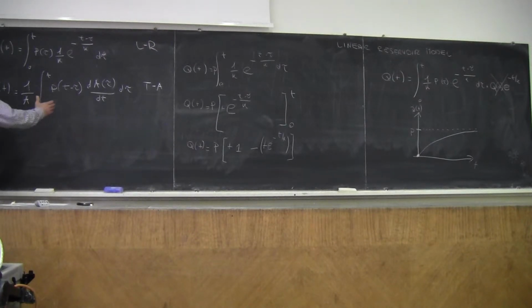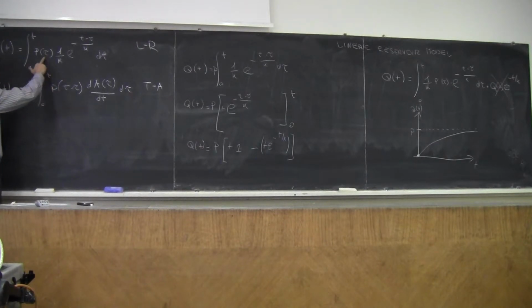Okay, notice that these relationships are very similar. And if you consider that the integral is like a summation, you see, first of all, one difference. If you look at these two relationships, you may say, look, there is a big difference. P refers to the index tau, and in this case, it refers to the index t minus tau. But it doesn't change anything, because remember that tau is varying from 0 to t.